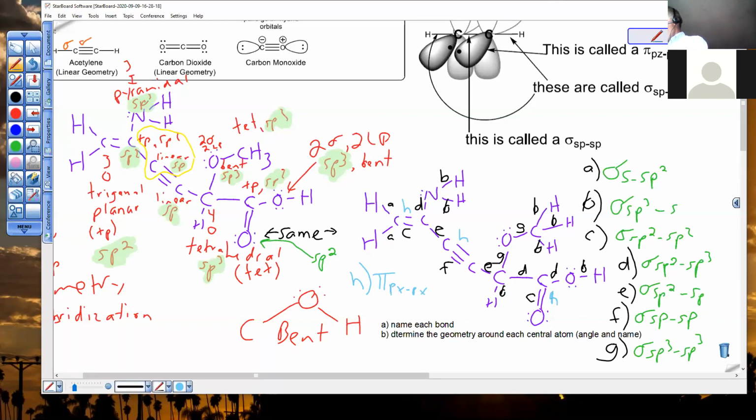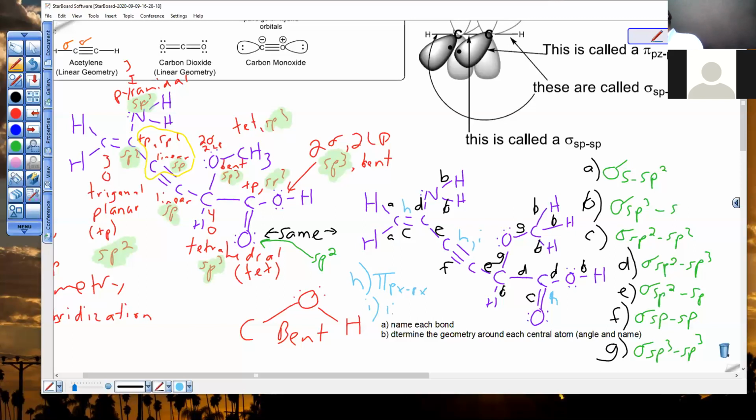But you got to remember your 141 days and what you learned about orbitals the first time you ever heard about orbitals. You can only use an orbital one time, whether it's an atomic orbital or a hybrid orbital or a molecular orbital. So you can't have the same name for two different bonds. So if there's a carbon participating in a pi using its px to another carbon, then the second pi has to be a different p orbital,